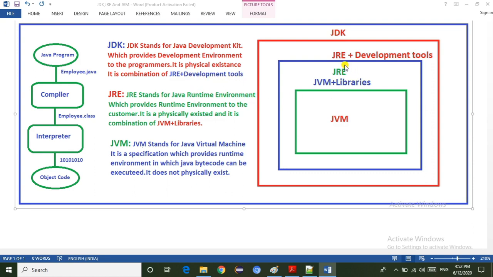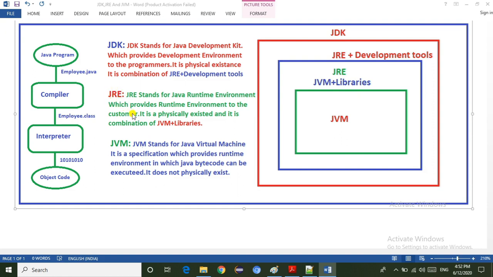Next, coming to the JRE. JRE is the combination of JVM plus libraries. JRE stands for Java Runtime Environment, which provides a runtime environment to the customers. That means the customer only uses the JRE to execute the program.